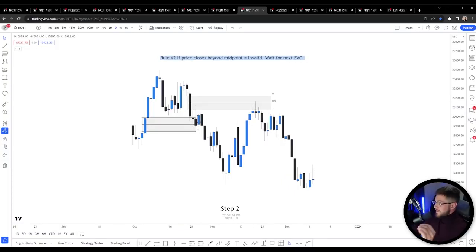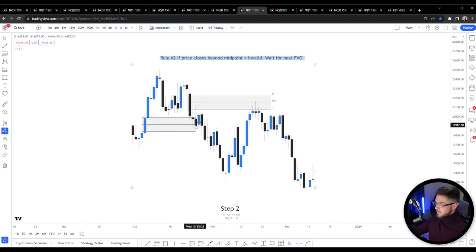Rule #2 is that if price closes beyond the midpoint, it is invalid. Now this just means you're going to wait for the next fair value gap. So if you see right here, price came down into this fair value gap and it closed beyond the midpoint, right? So at that time, we would have just waited for the next fair value gap to use this strategy